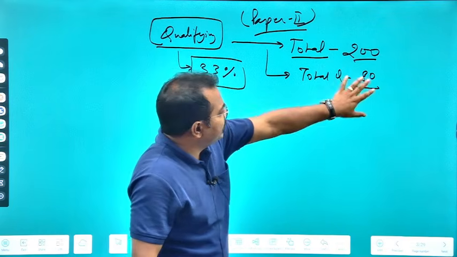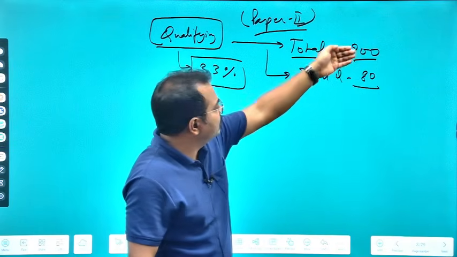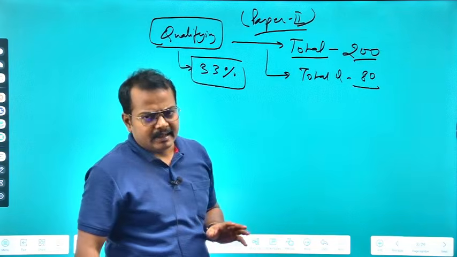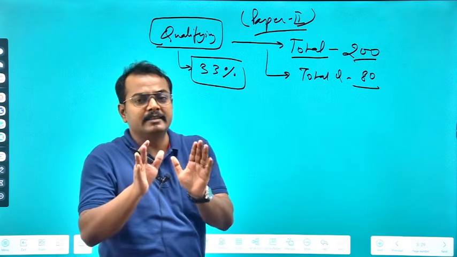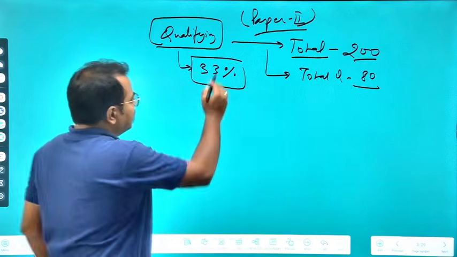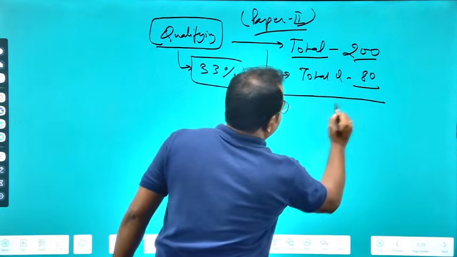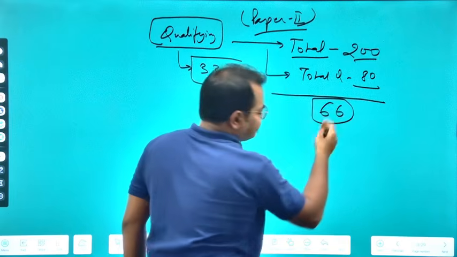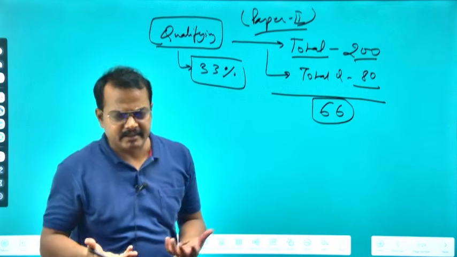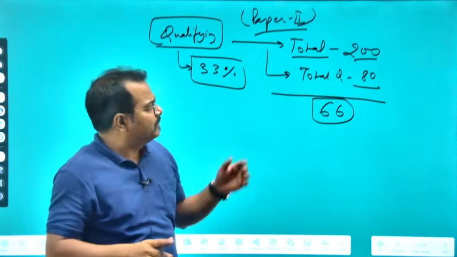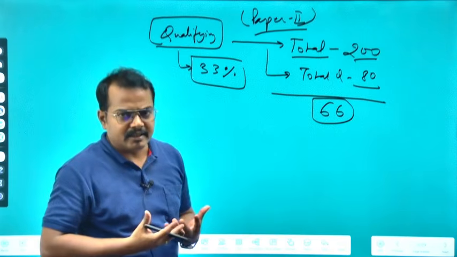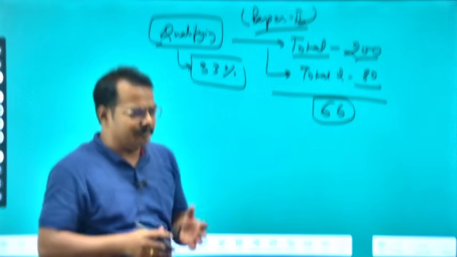So it will have 80 questions and the total marks are 200, and it says that you need to score only 33% marks. That means if you are scoring a total of 66 marks, you have passed it, you have qualified this paper. Because always remember, whenever the evaluation starts, when you appear for the exam,